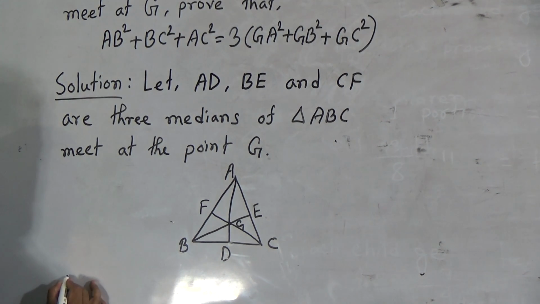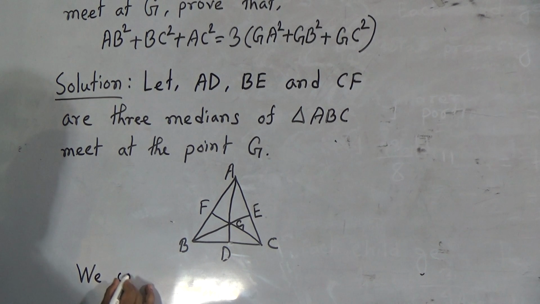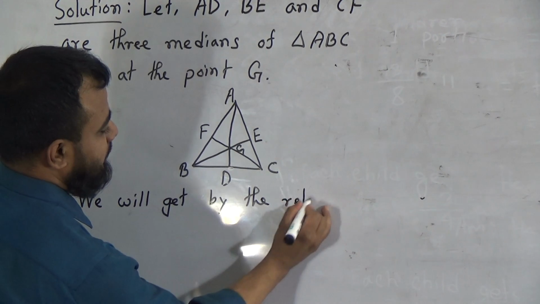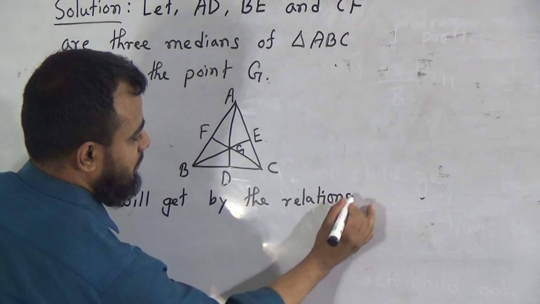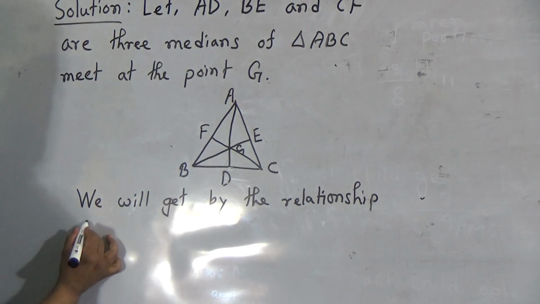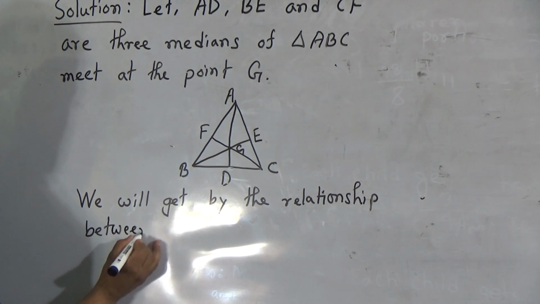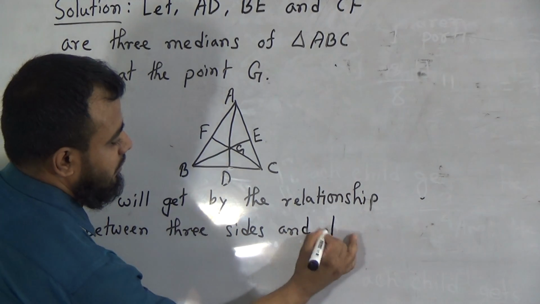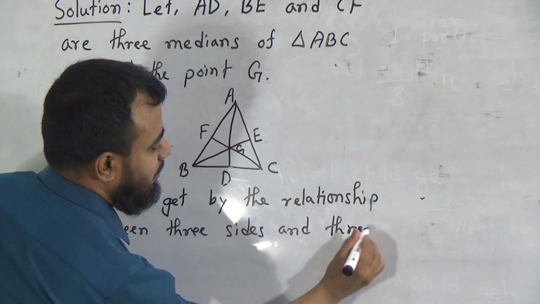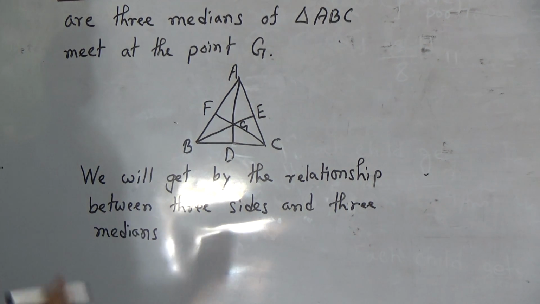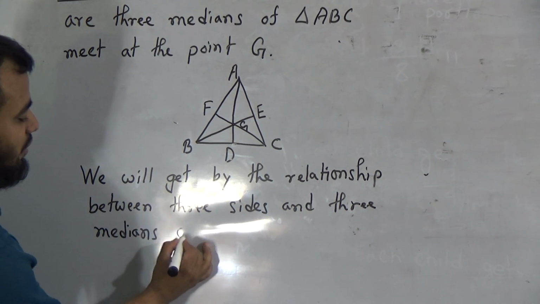Now we will write down: by the relationship between the three sides and three medians of a triangle, we'll get: